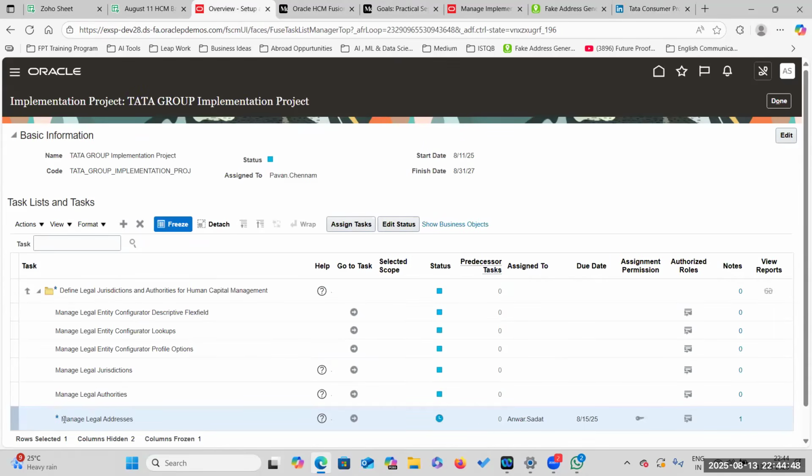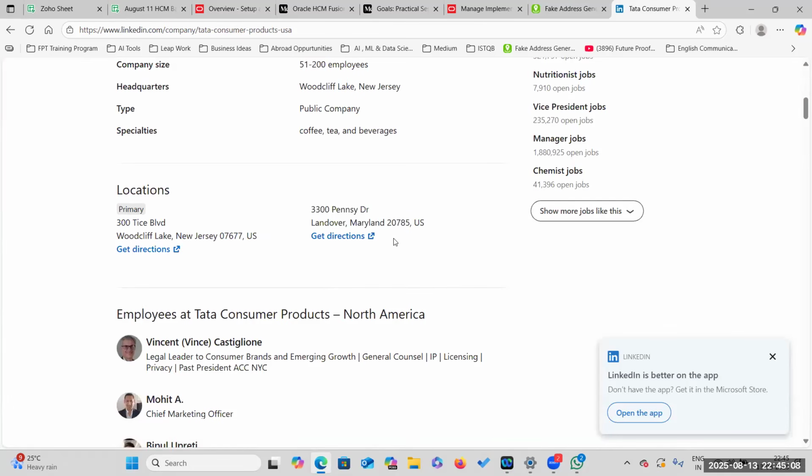You need to understand the requirement and how to map the requirement in the application. Which task will map our client requirement? We need to know this. If you don't know this task name, you definitely cannot create the legal address. So now we have created the legal address. We have another legal address also, the second one. Okay. Now